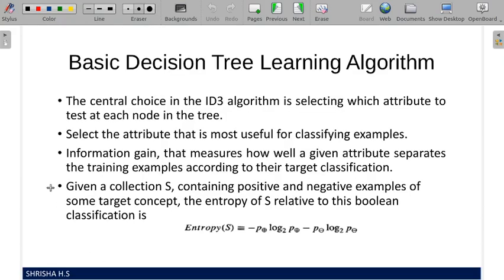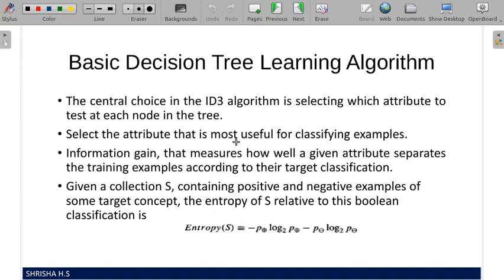In this chapter, we will see the decision tree and how to construct it. It is known as the ID3 algorithm. We will solve a problem and also see the basic requirements and concepts for solving it. How decision tree construction works is: first you have a data set with attributes, and you have to go on selecting the attribute values which are most suitable for classifying the examples.